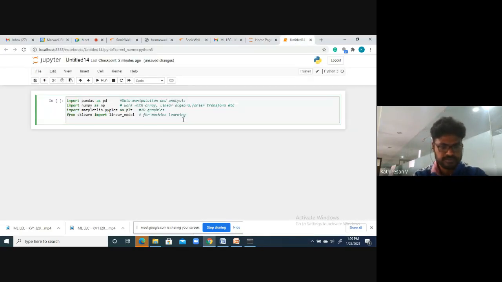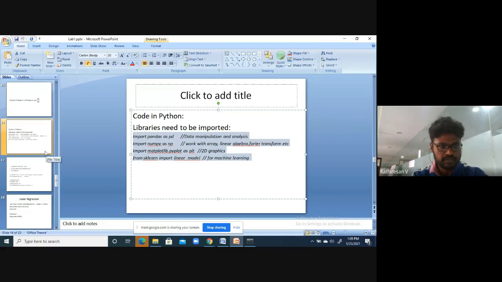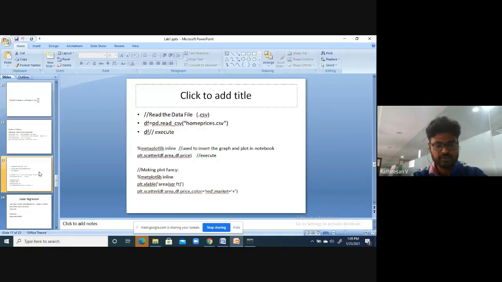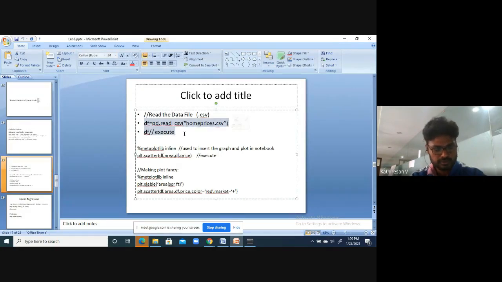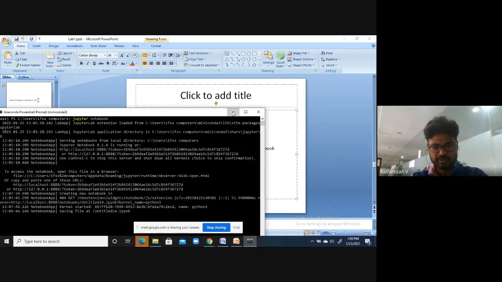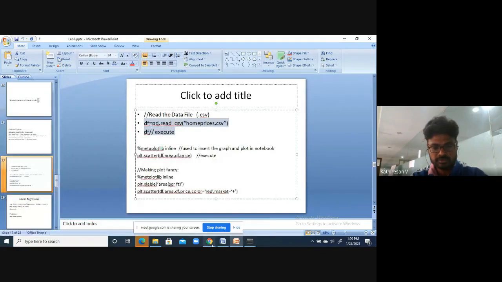Meanwhile, I am just importing the CSV file into our environment, because if we have a CSV file, then only can we deal with the data and perform linear regression. So we have code to import the CSV file into our environment.